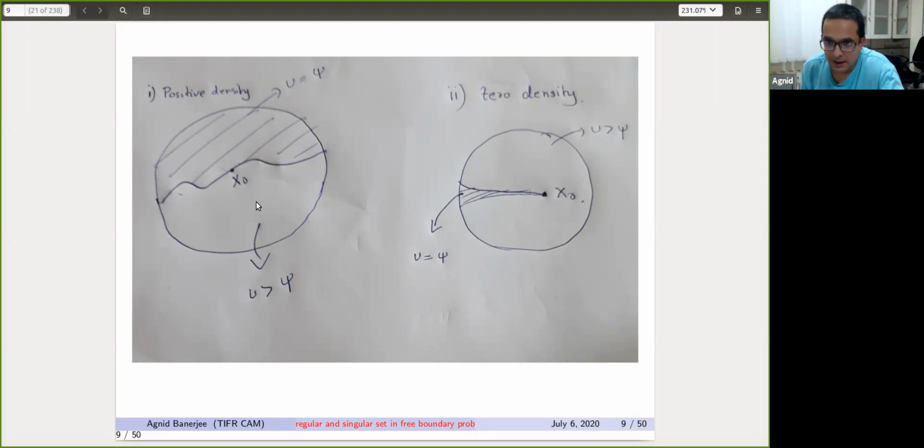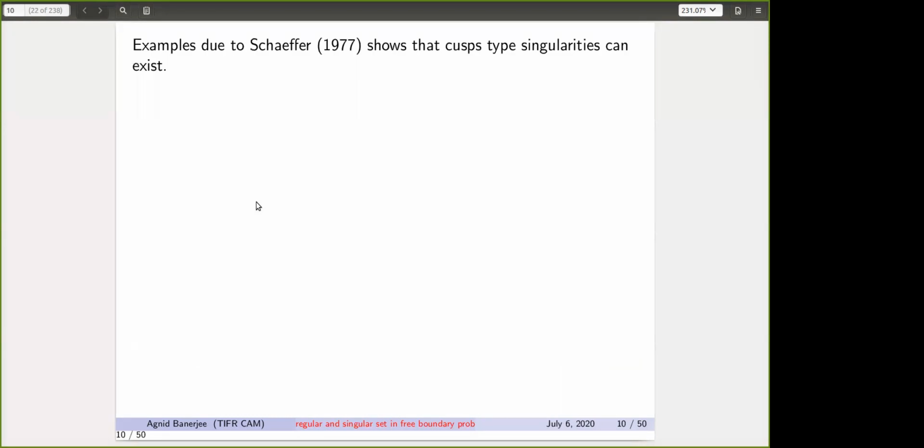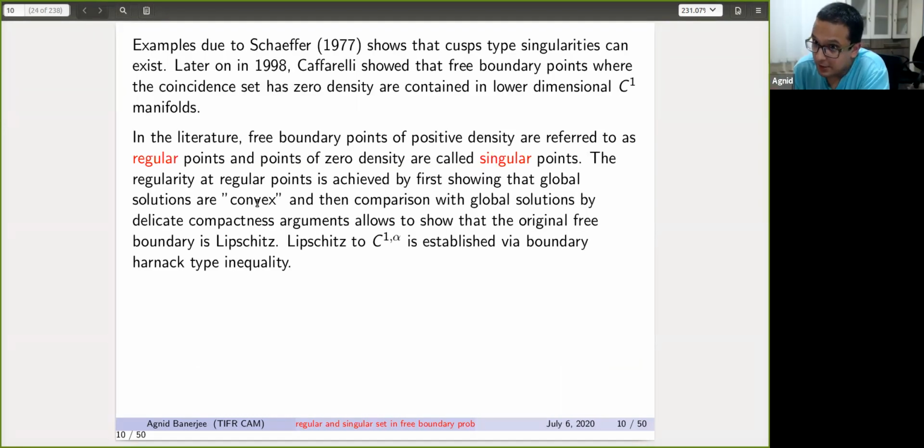So that would mean, is that clear? Yeah, okay. So the blow-up limits are convex. So that would mean that the pure directional derivatives have a cone of monotonicity. Once you have a cone of monotonicity, then by a very clever compactness argument, again, all these aspects are very deep, and I don't think I'm doing proper justice to it, but nevertheless, just to give you some idea how to think about it.